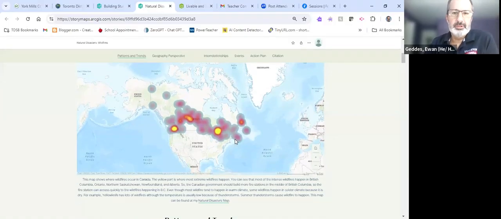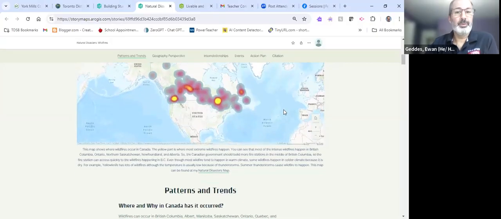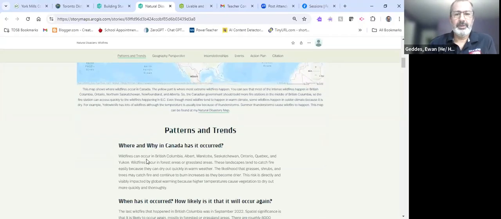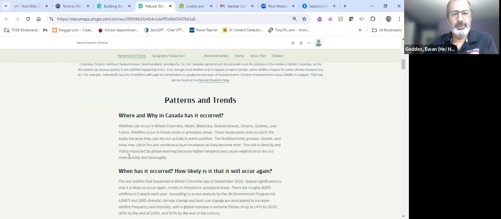And then the students would look at it, analyze it for patterns that we may see, which parts of Canada have more wildfires, and then get into the why. And this is going to be very interesting this year if the data gets updated for the most recent wildfires, to see what happens with some of their solutions, or see if the current wildfires are fitting into this pattern that we have. So then there's her discussion about the wildfires,